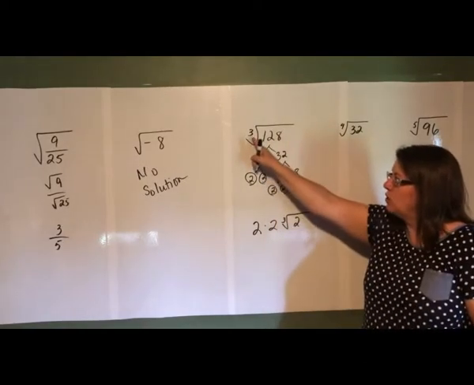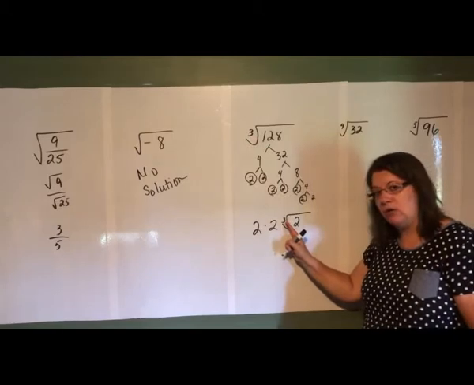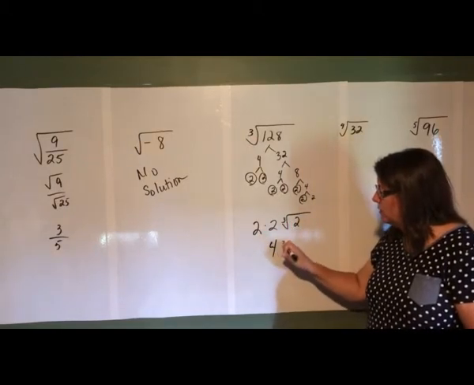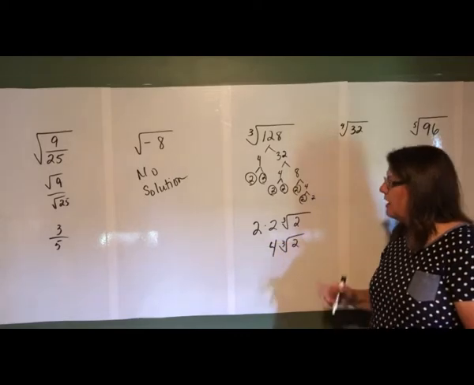Make sure if you start with a cube root, you still have a cube root here. Don't leave out the index number. And so that's going to be 2 times 2 is 4. That's 4 times the cube root of 2. Now, if you think about that,